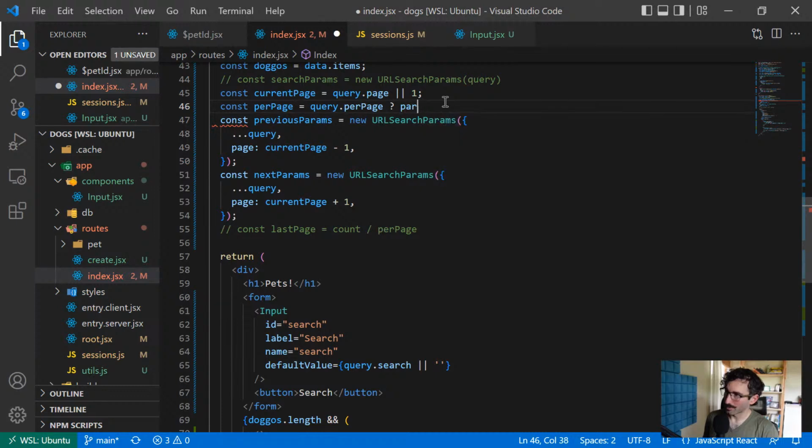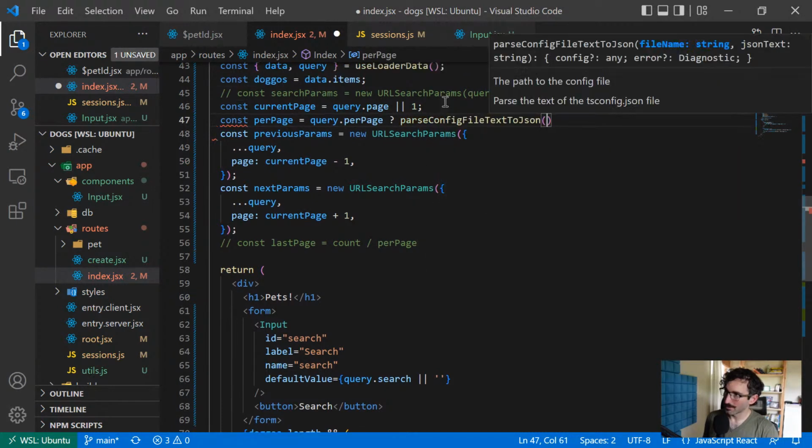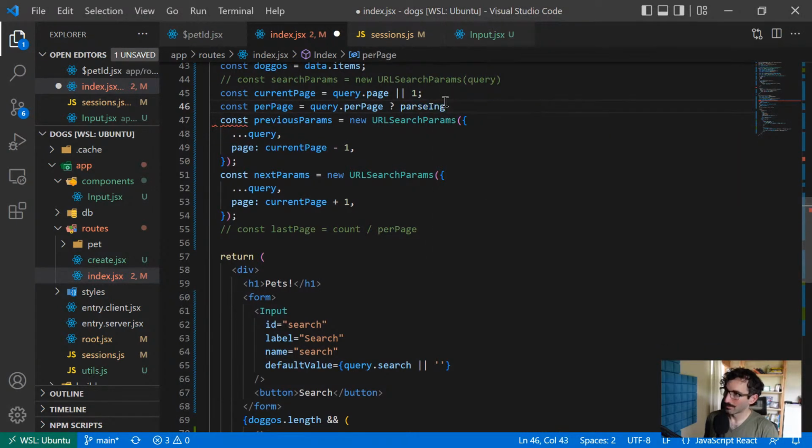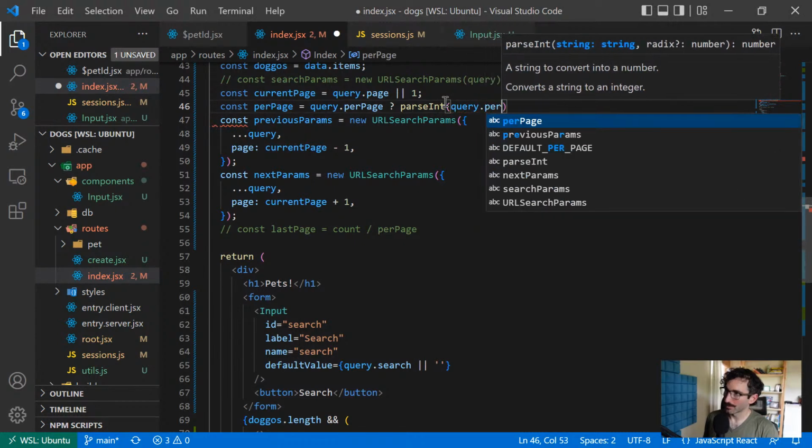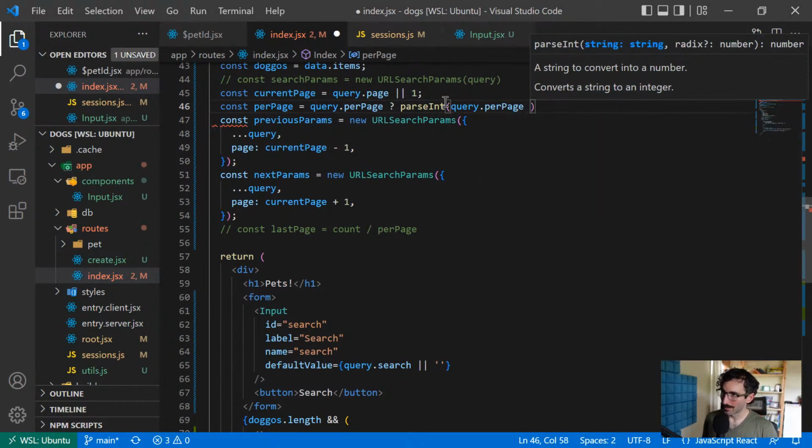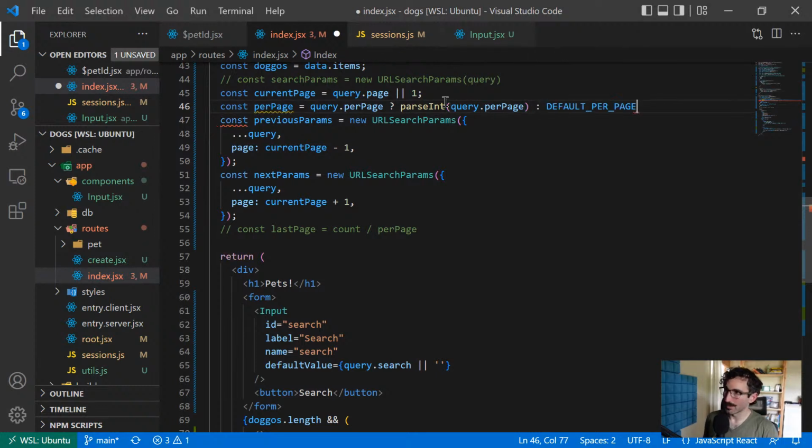If there is, we're going to parse that as an integer of query.per page, and if it's not defined, we'll fall back to default per page. Okay, something like that. So that means the last page is going to be,